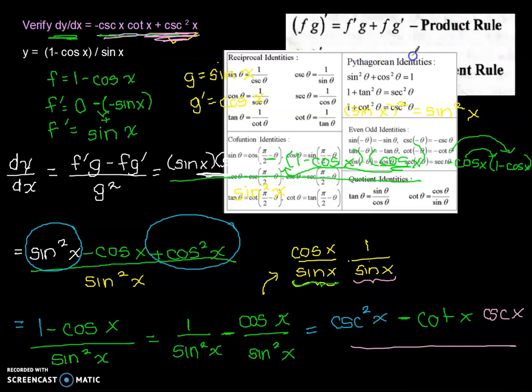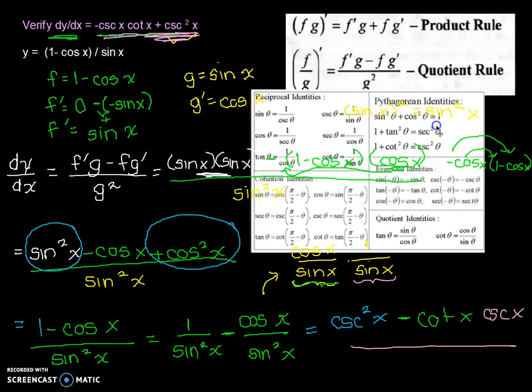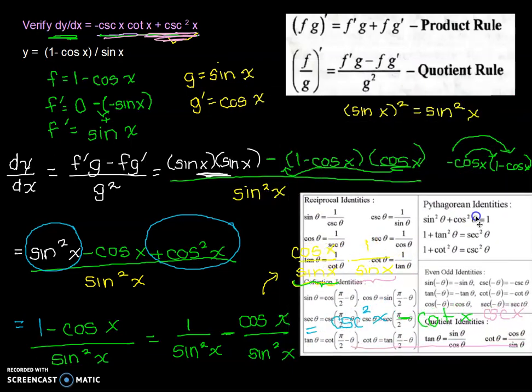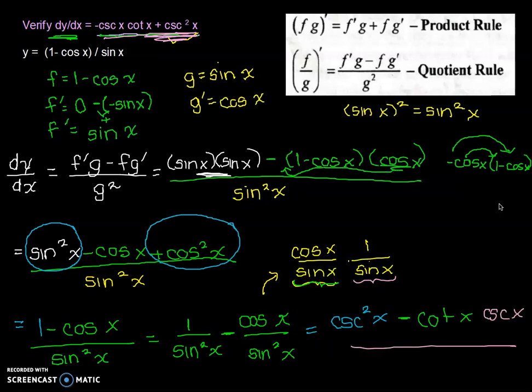So you're still using the quotient rule, but you're stepping it up a little bit by applying the trig identities that you had in pre-calculus. I hope this helps. I will get rid of this, and I will put a little cheat sheet like I did with the derivatives for the trig identities so that you have that as well. All right, guys, hope this